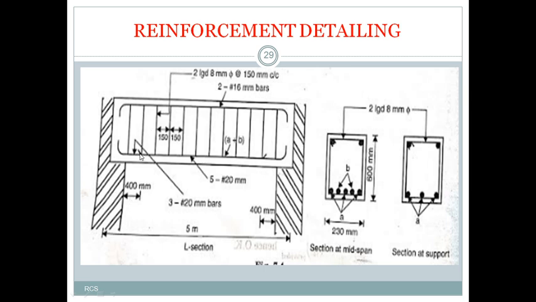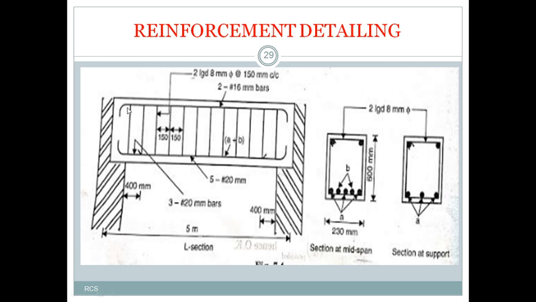Again explaining why we should cut off the tension reinforcement. We know the main role of the tension reinforcement provided in the beam is to resist the bending moment, right? At the support, the bending moment is 0, you know that. So why should we extend all the bars up to the support? That is useless. So for the purpose of saving steel quantity, I am cutting the bar 400 mm this side and 400 mm this side. That is a codal provision for all beams. That doesn't mean that we have to cut 400 mm always. That is a codal provision of 0.08 times the effective length. According to this problem, that value will be 400 mm.